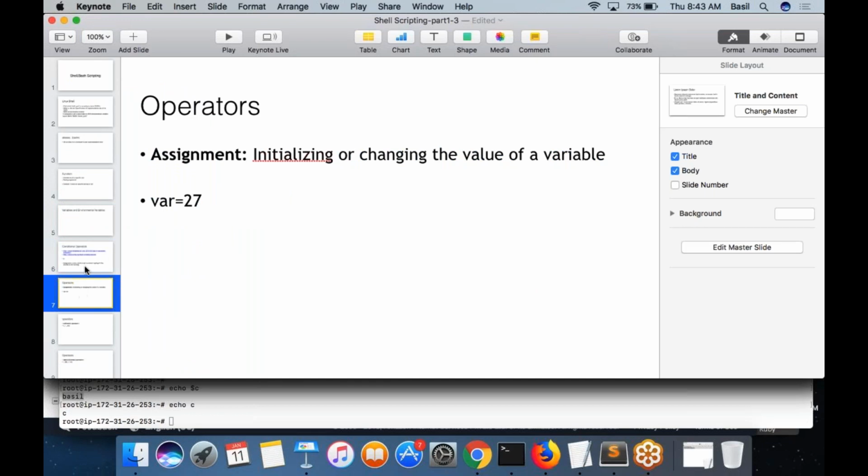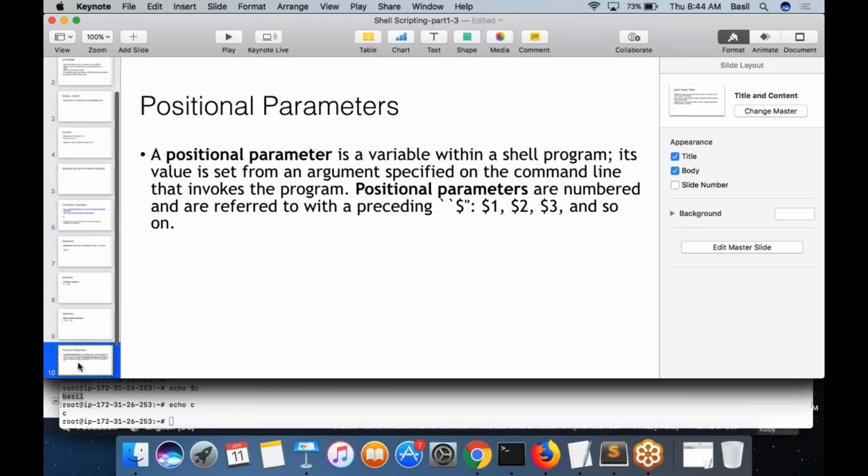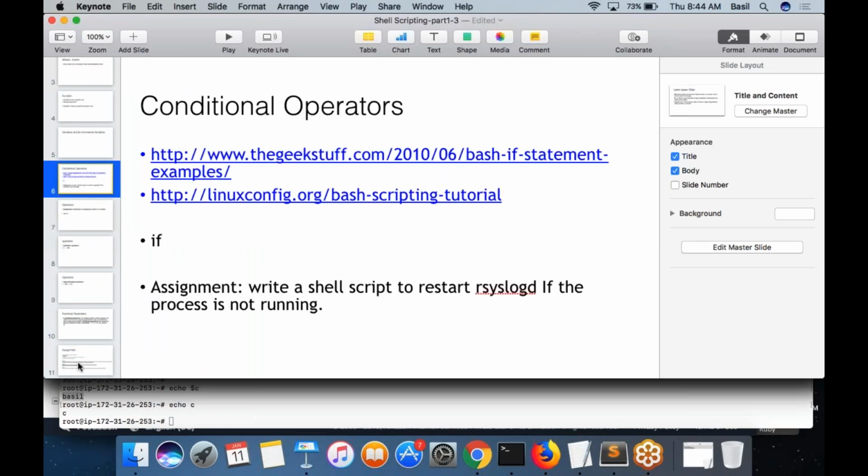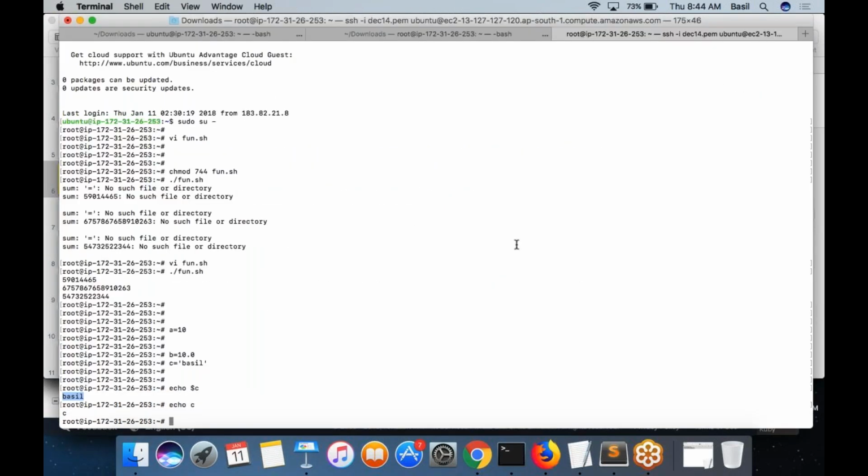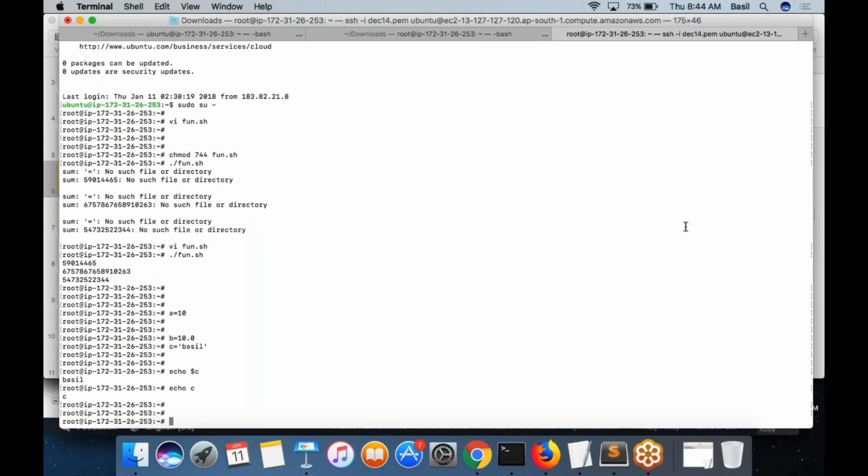So, conditional operation, or if condition. Sometimes you would come across some situation like,